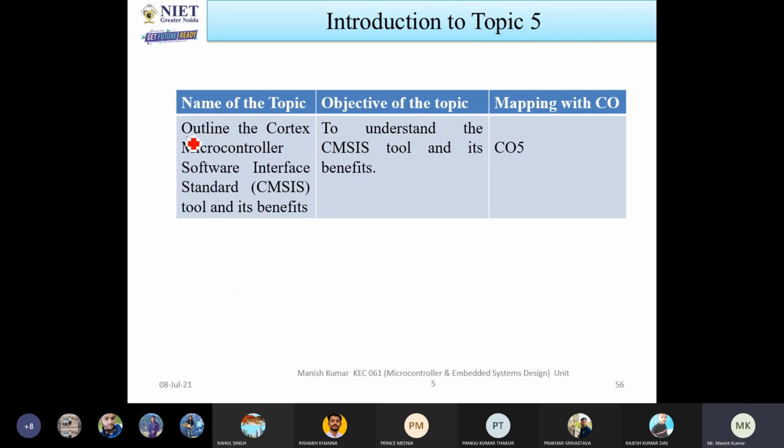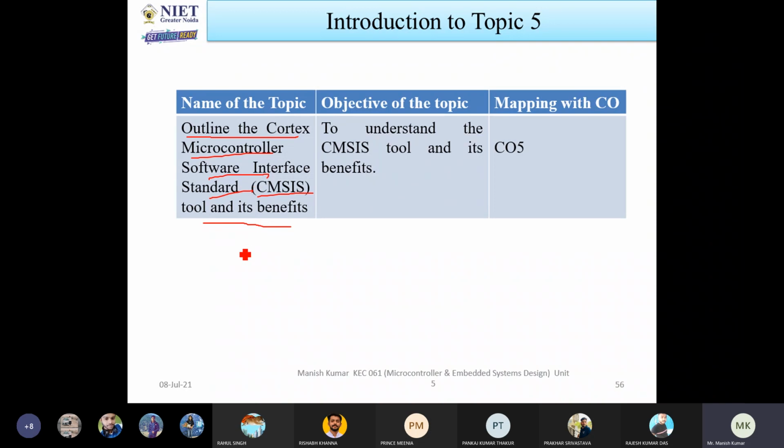Now, in this lecture, I am going to discuss the outline of the Cortex Microcontroller Software Interface Standard tools and its benefit. That is called CMSIS and its benefit. So first you have to understand what the CMSIS tools are. The name suggests it is a software interface standard.